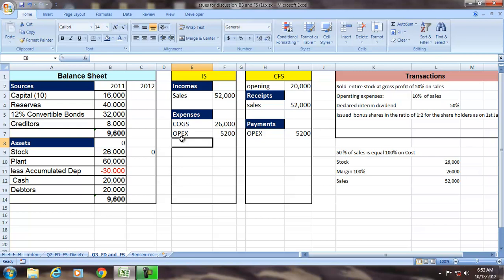No other expense given, so let us record interest on the bonds. Interest on bond is 12%. So interest is also an expense and cash flow. If we don't pay the interest, we have to create an outstanding interest, a liability. So we can sum up these expenses and find PBT, profit before tax, and 52,000 minus 35,000